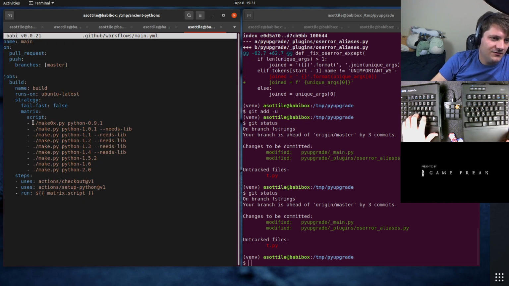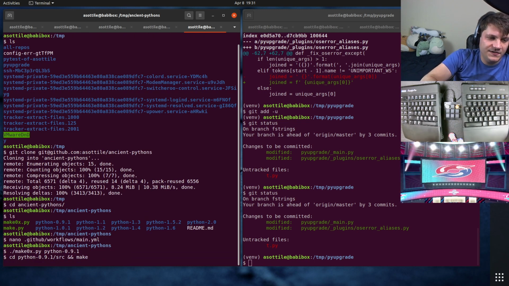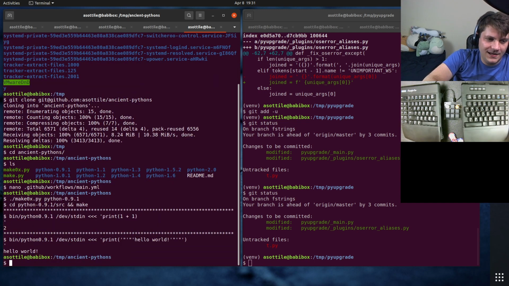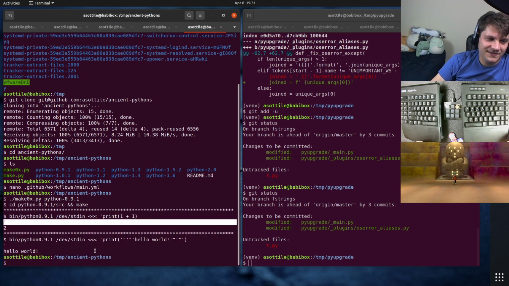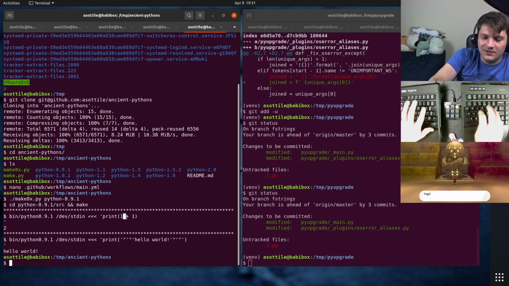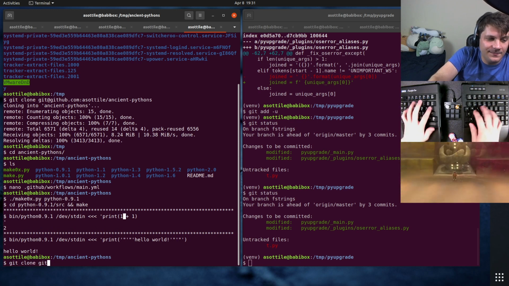So if we want to run really, really old Python, we can run this script here. And it works. You can, you know, use it to do maths and stuff. The kind of neat thing that I did